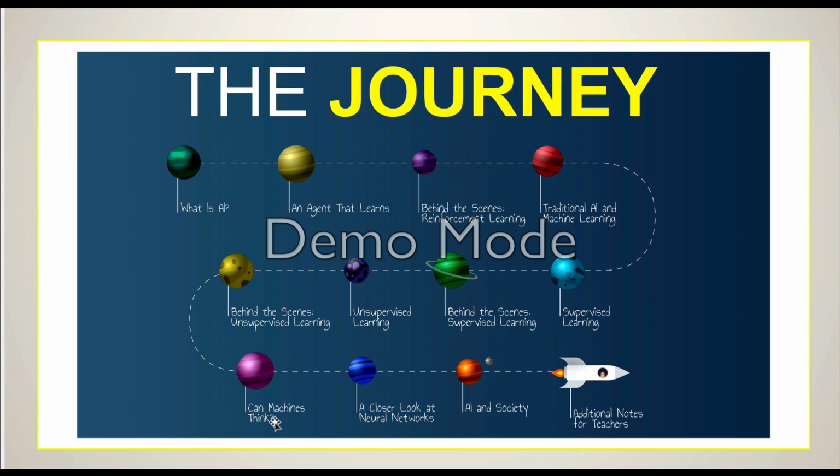A closer look at neural networks. Humans have emotions, even animals have emotions. So will they be able to have neural networks and have emotions? How are they going to react to AI and society? I'll also be giving notes to teachers, so they can teach students what AI is. So this is it for today. We'll see each other tomorrow when we'll explore how a computer can actually learn and how to play a game.